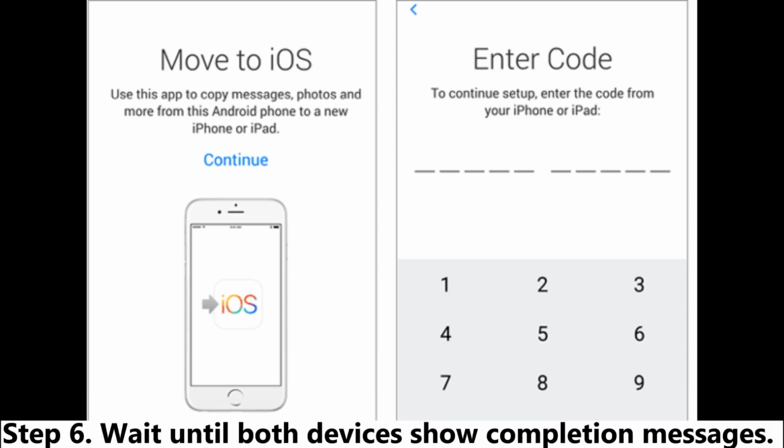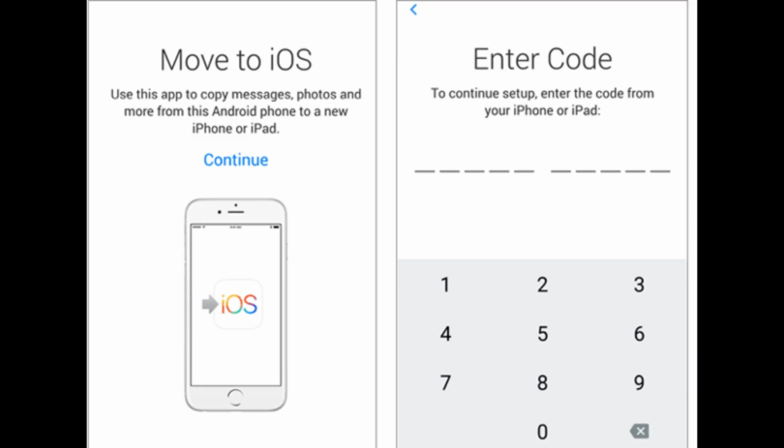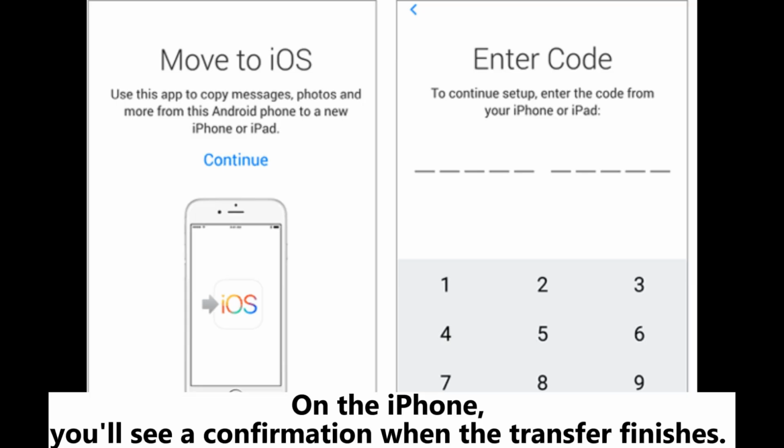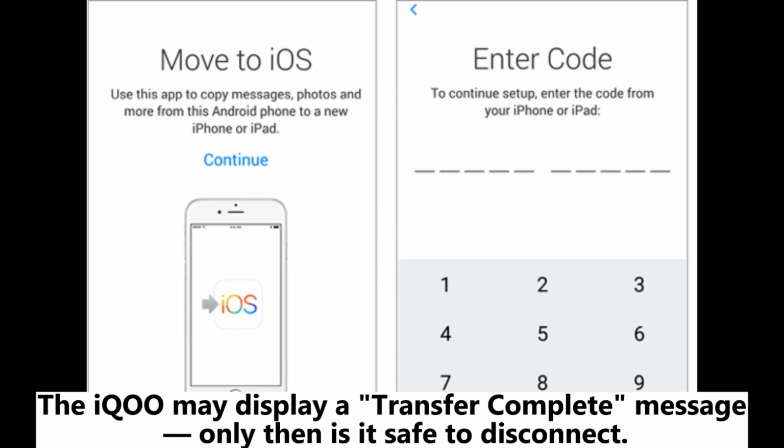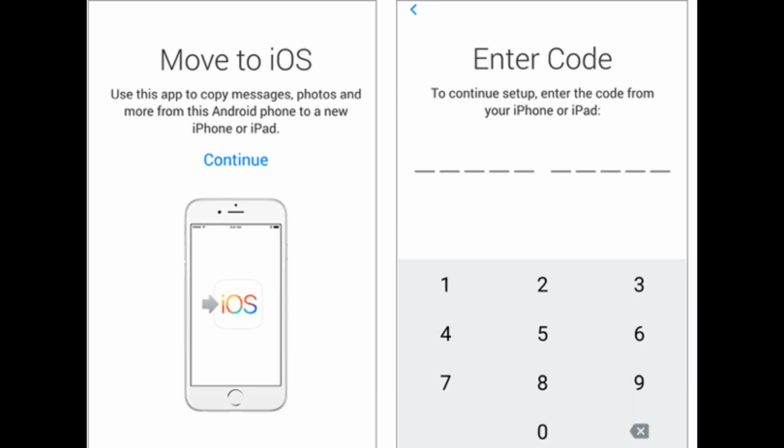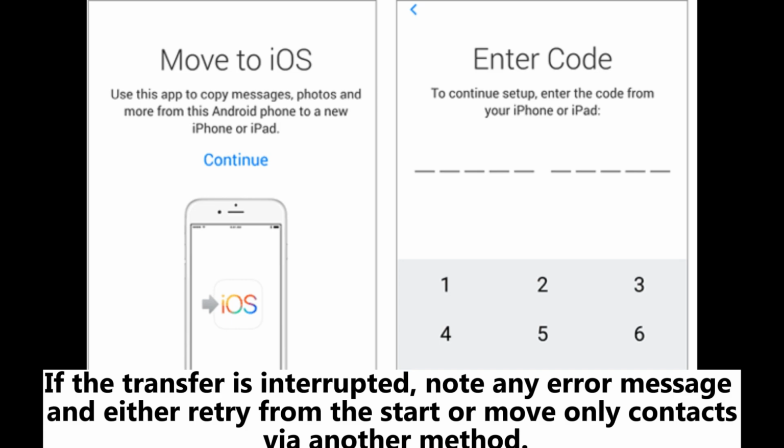Step 6. Wait until both devices show completion messages. On the iPhone, you'll see a confirmation when the transfer finishes. The iQOO may display a transfer complete message, only then is it safe to disconnect. If the transfer is interrupted, note any error message and either retry from the start or move only contacts via